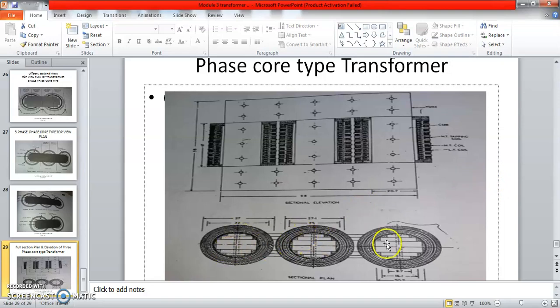This is a 3-phase transformer, 3 steps core. This is the height of the transformer. Here the LV and HV windings are wound as in the previous diagrams I have shown. 3 limbs, 3 core section, total height of the transformer. This is the yoke, this is the yoke height, this is the length of the transformer. In this dimension you will get the radius as well as the diameter, and here you will get the height and length. That is the dimension. Remember, in the plan the dimension will always be in stamping. Diameters, radius, thickness, and in this height and length you will get.